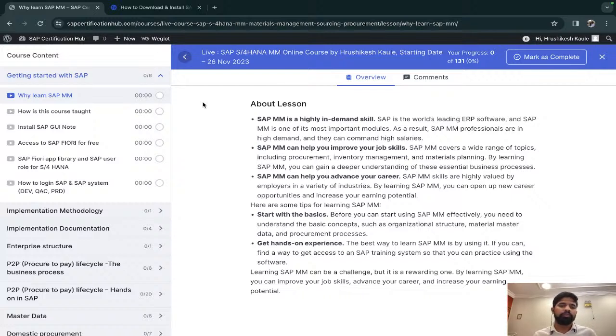If you want to go into an IT career, you can learn SAP MM. You already have a procurement domain, so it is easy and an added advantage for you. And if you have end-user knowledge, that will also help you.